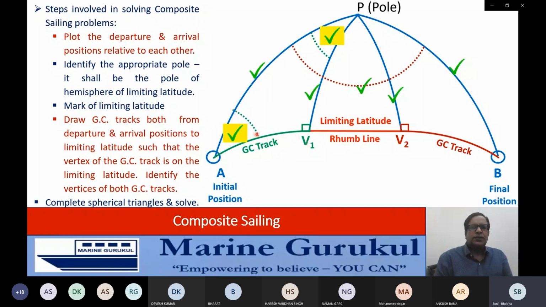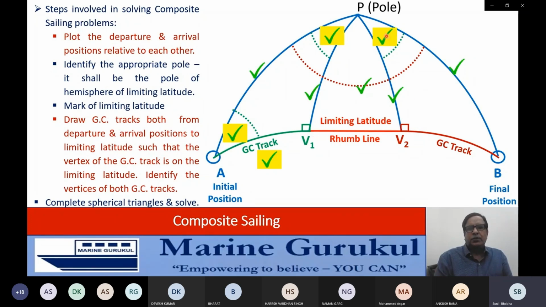Then we can solve for this angle at A, and this angle shall help us in getting the initial course of this GC track AV1. We can also solve for this side AV1, and this shall be the GC distance between A and V1. Likewise, we can solve triangle PV2B. This